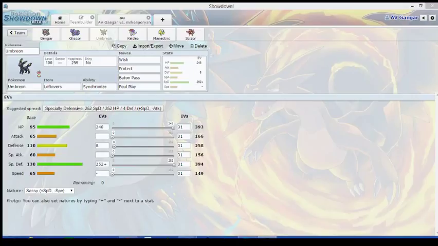And Synchronize is another way to spread status. It's a great way to spread status, as a matter of fact, for things like Scald, because as my special wall, this will be the one taking Scalds, so we'll be able to pass Scalds on to a lot of water types